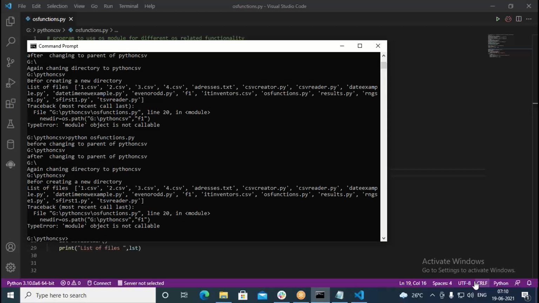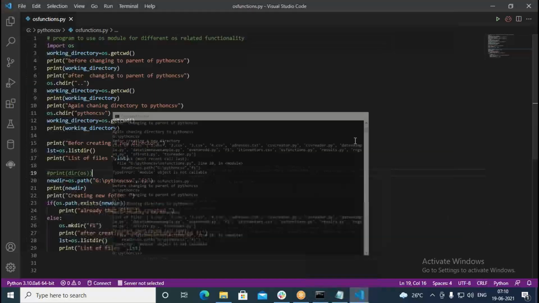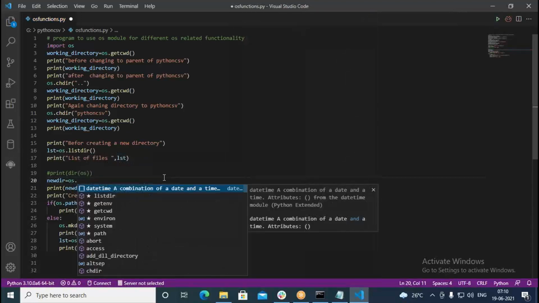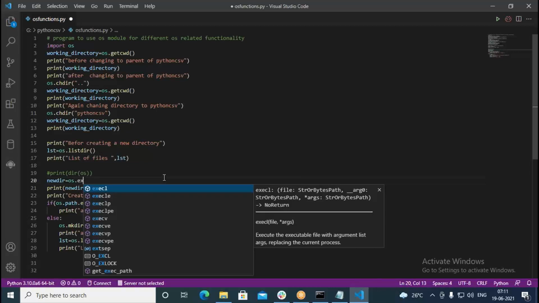So what it says here, os functions.py new dir equal to os.path g colon python csv. So it is giving that error. Let me go to this point here, try to check with the syntax. Mostly the problem is with syntax here. os dot, whether I have any exists.